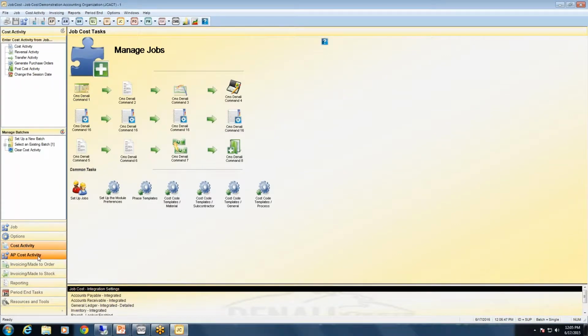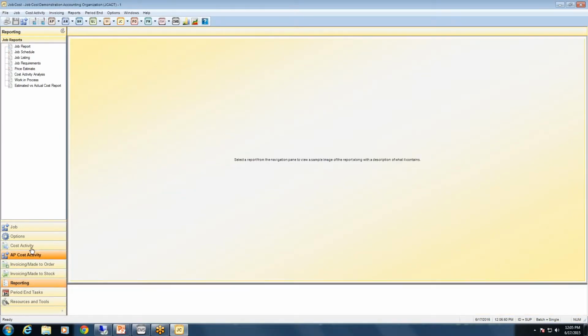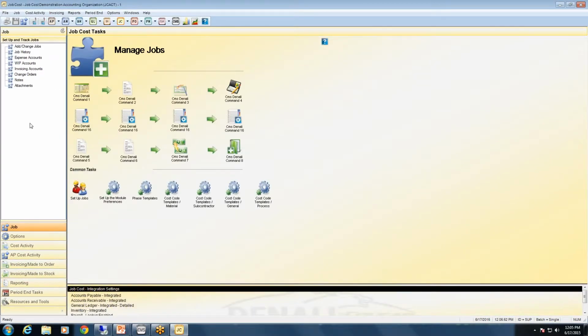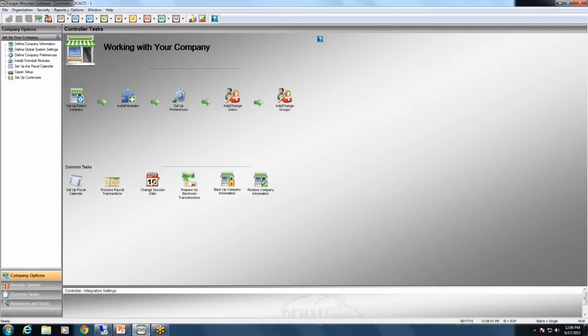With your options here, different categories and different reporting options as well. So you'll see the development of this navigation screen progress as we go further. But for now, since we don't quite have the finished paint job done on job cost, I'm going to go